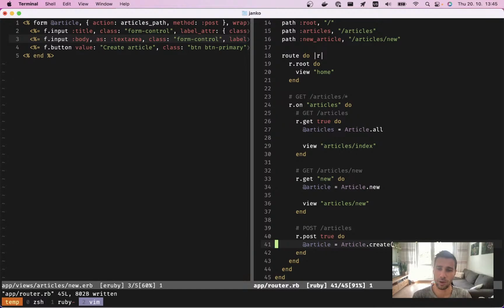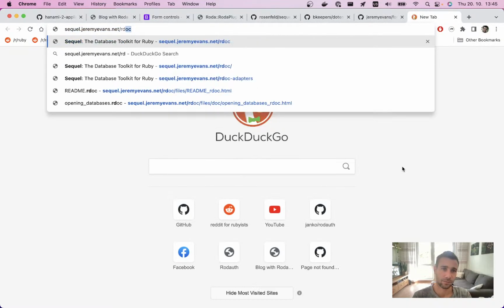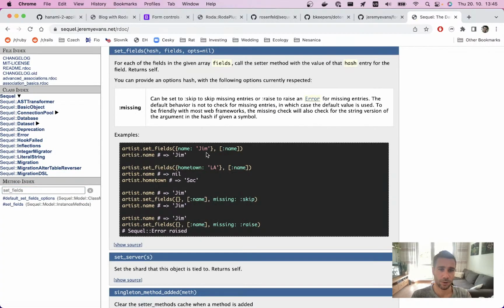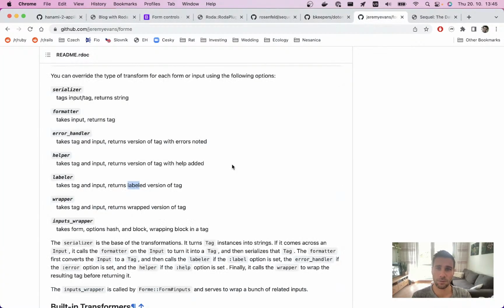We could do this, but we will be vulnerable to mass assignment, because an attacker could set fields that we don't want them to set. And traditionally, Sequel has set fields, which allows you to specify explicitly which fields you want to set. But there is even a more convenient way, which is to use the Forme set plugin,